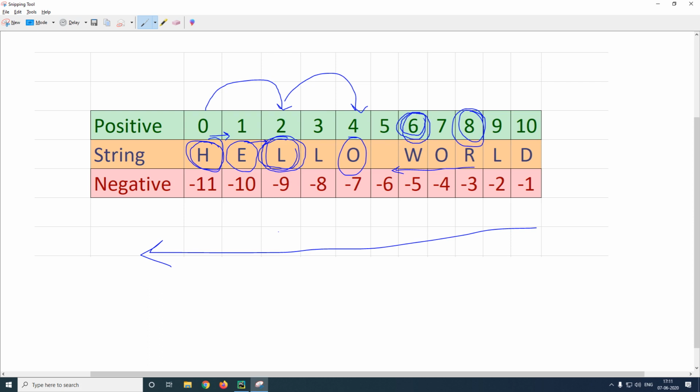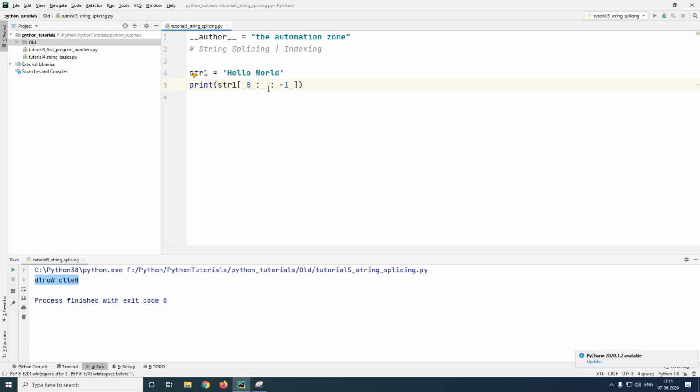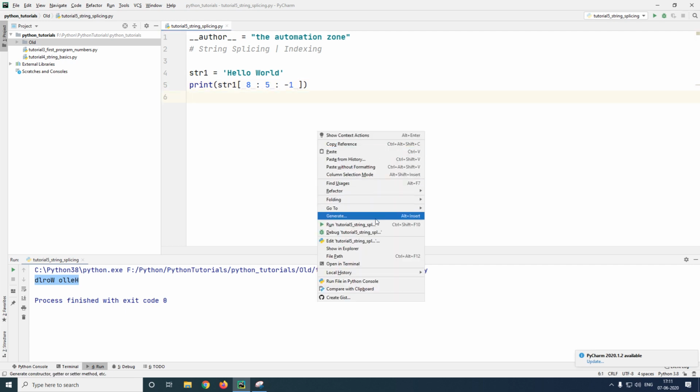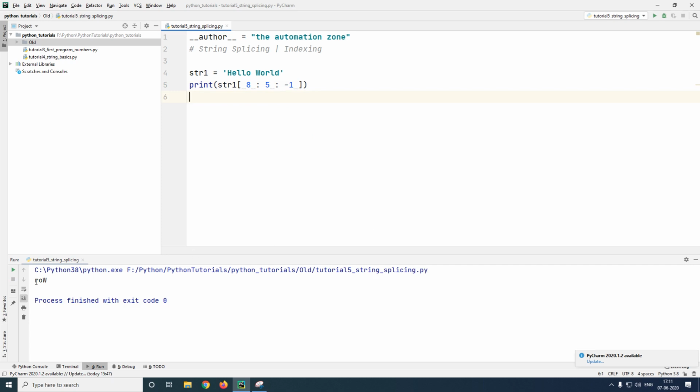But as I said, it is not going to stop here. It is going to skip 1. Therefore, I have to give the index as index 5. So I'll give here the index 5, and if I run this, you would see ROW